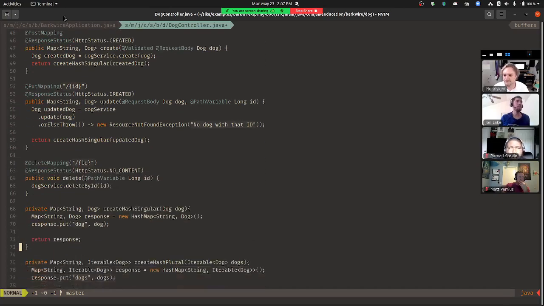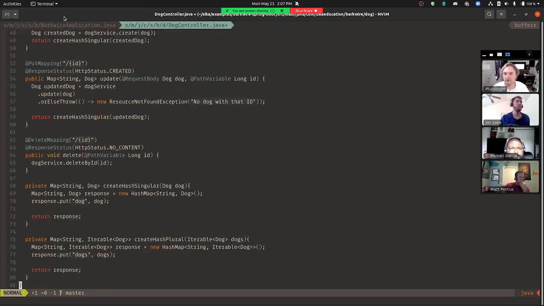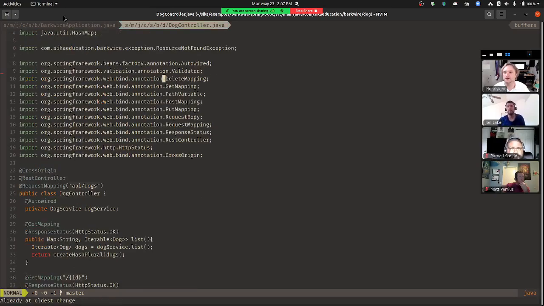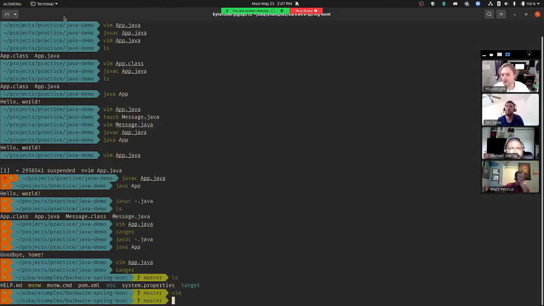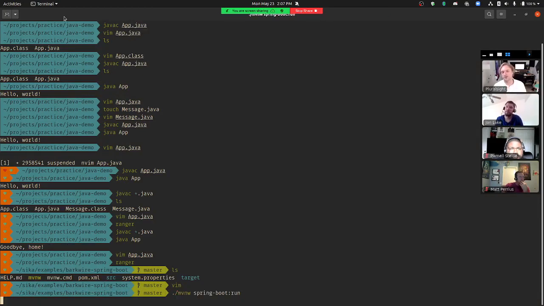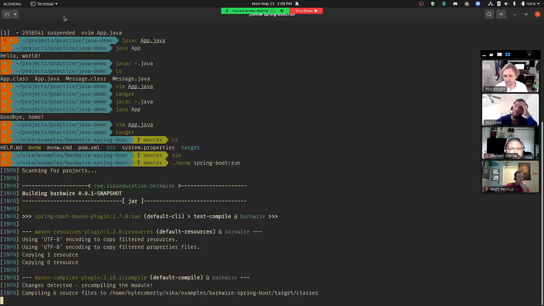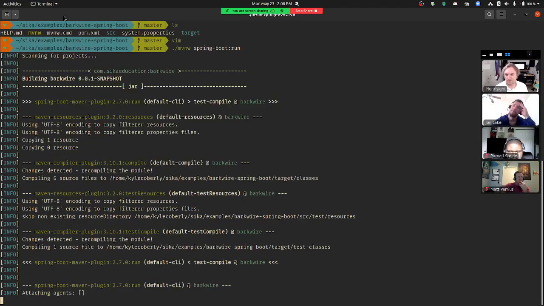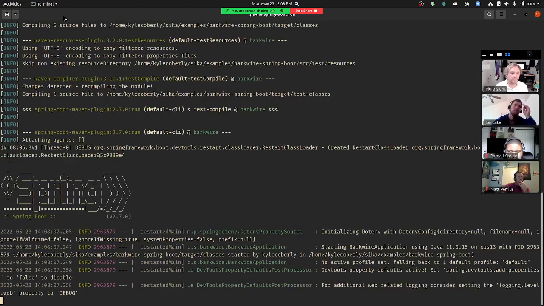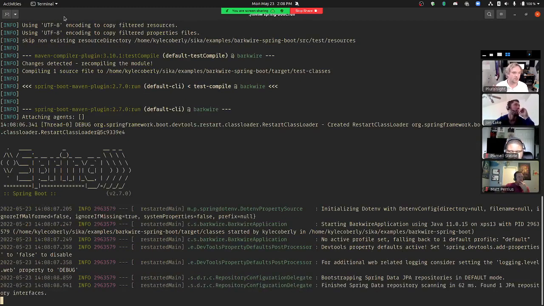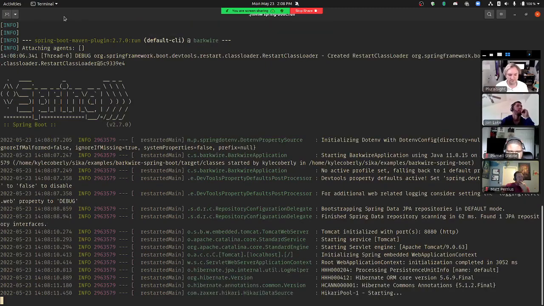And then when you run one of these, let's see, this one is Maven, so it's mvnw spring-boot:run. That's the equivalent of an npm start kind of thing. And so it does all that, compiles all my stuff for me. This also does auto recompiling anytime you change one of the files.